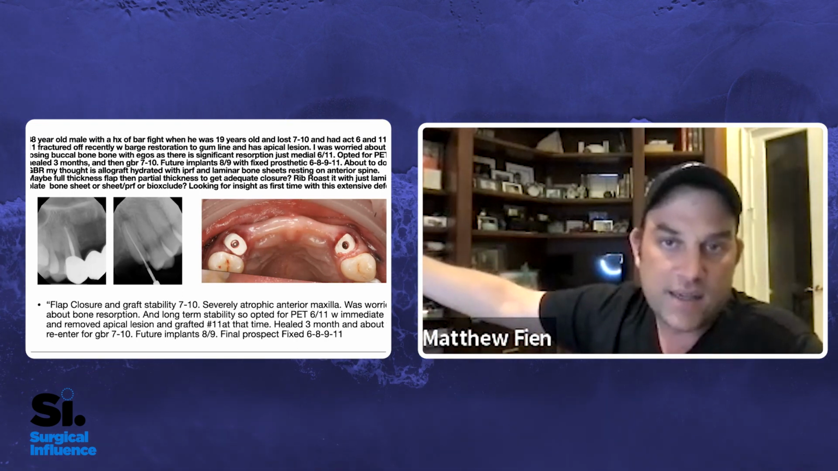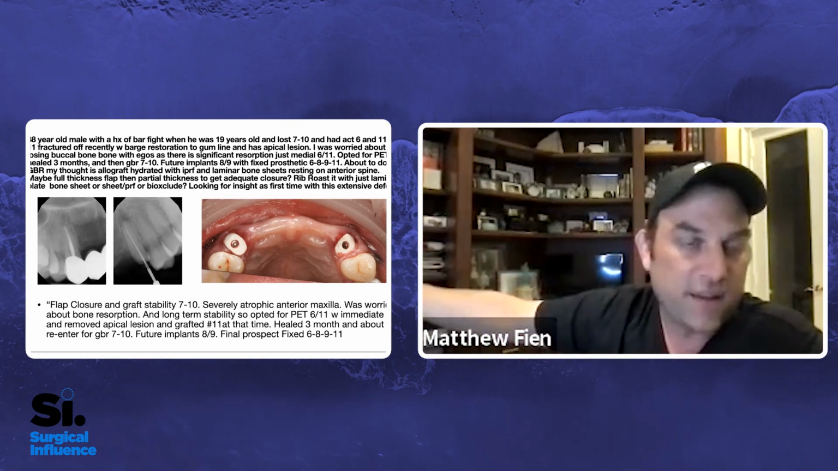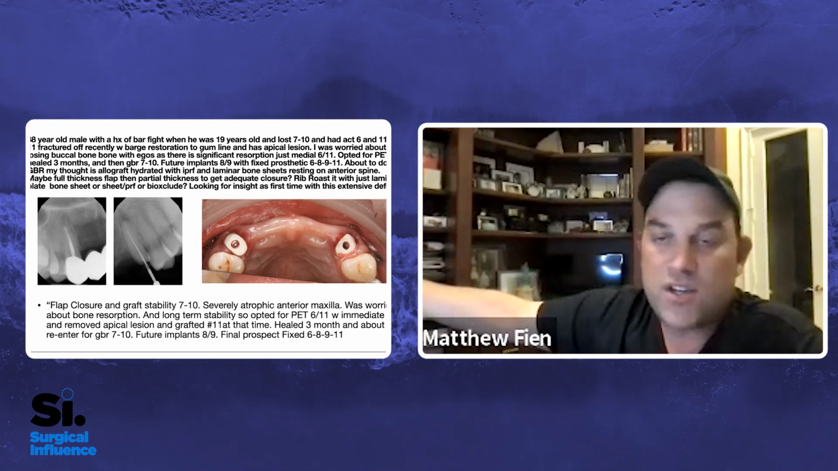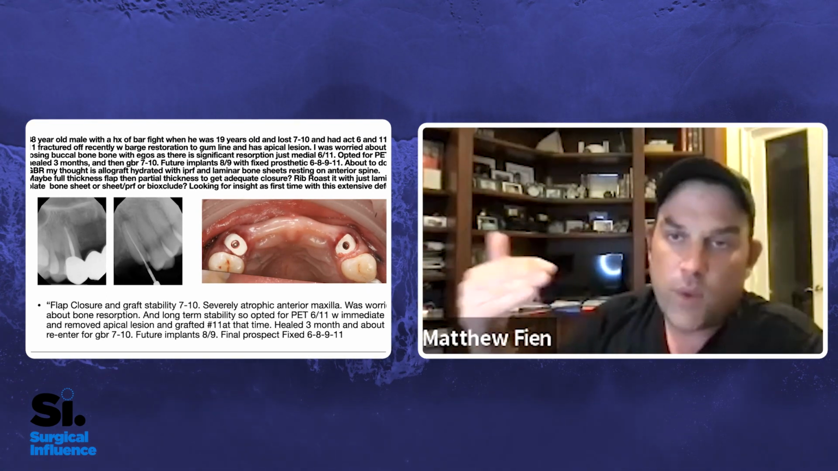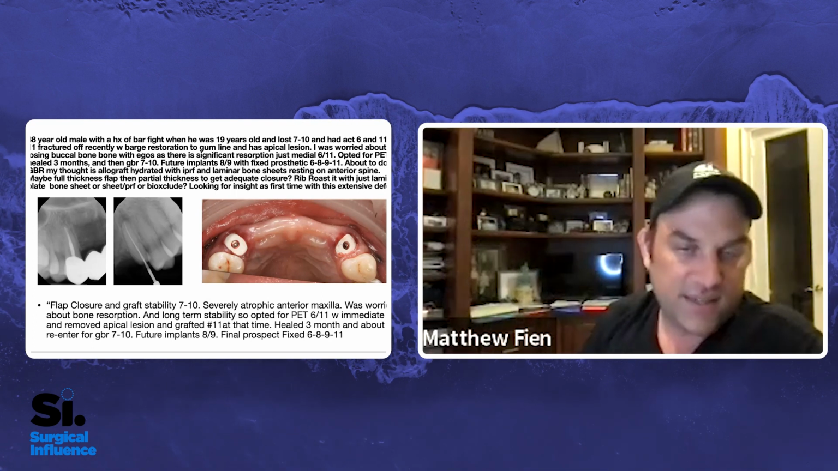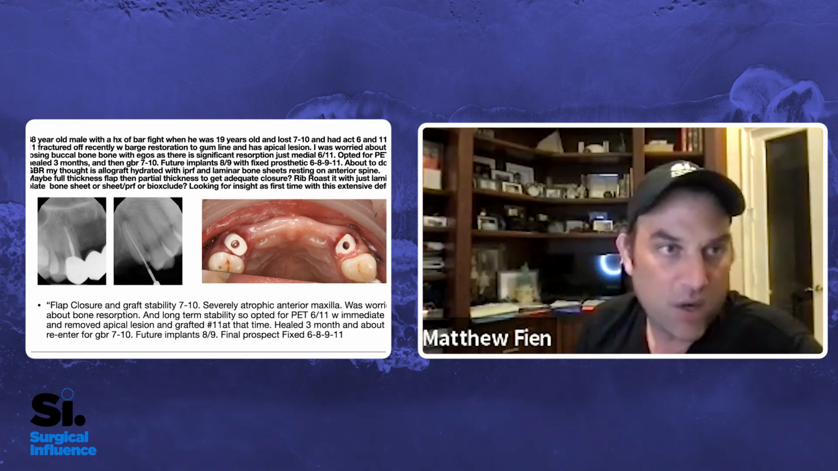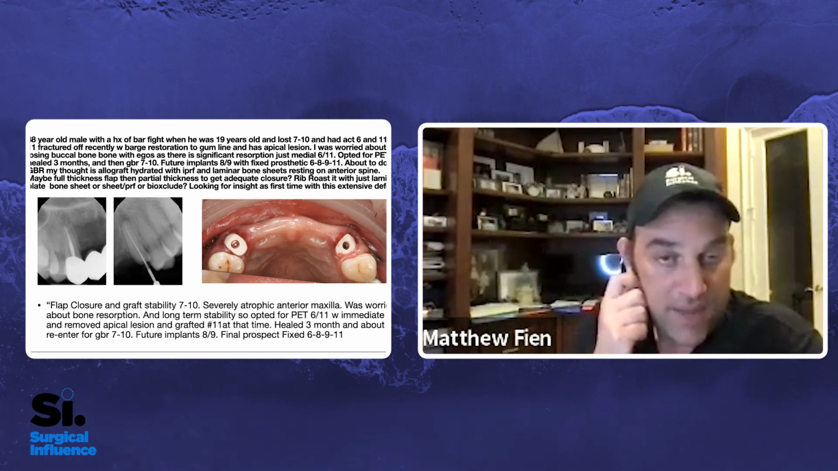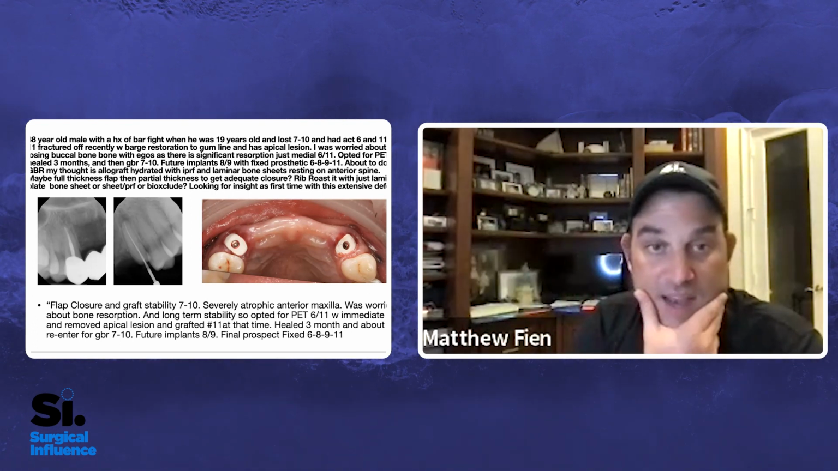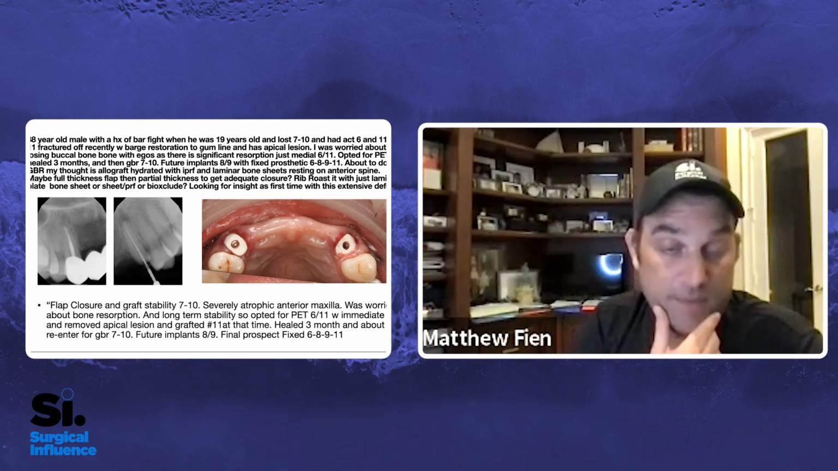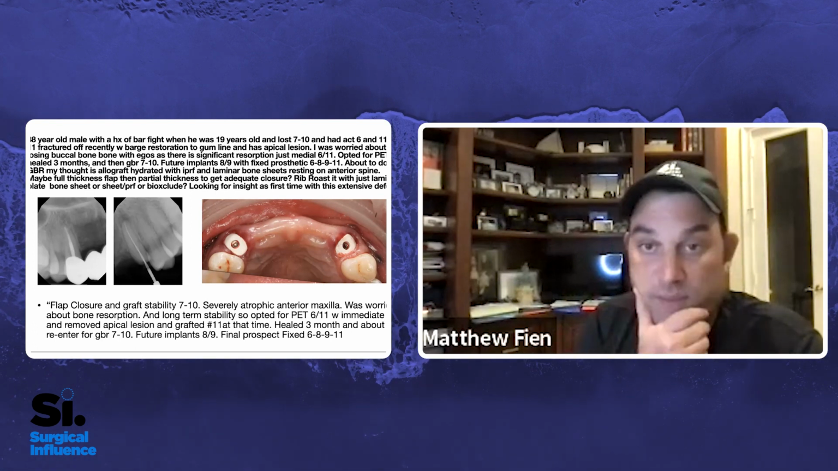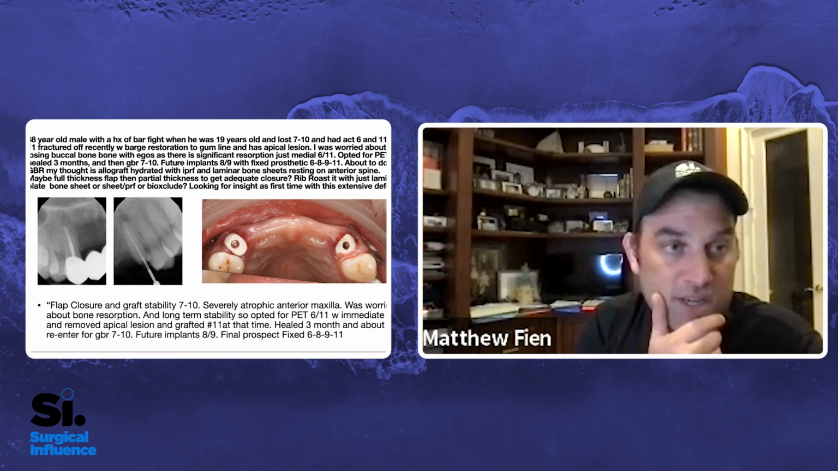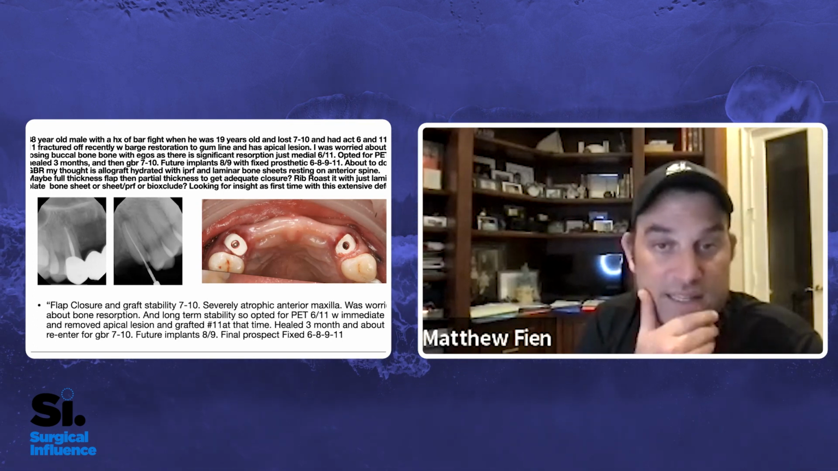So this was a case, clearly there was a very severe defect, mostly in the horizontal dimension anteriorly. And for whatever reason, this doctor really wanted to save 6 and 11, almost like an insurance policy. And we can argue that all day long. But he treated the endo defects, the endo abscesses, and he did a 2 implant placement, immediate implant placement with PET,